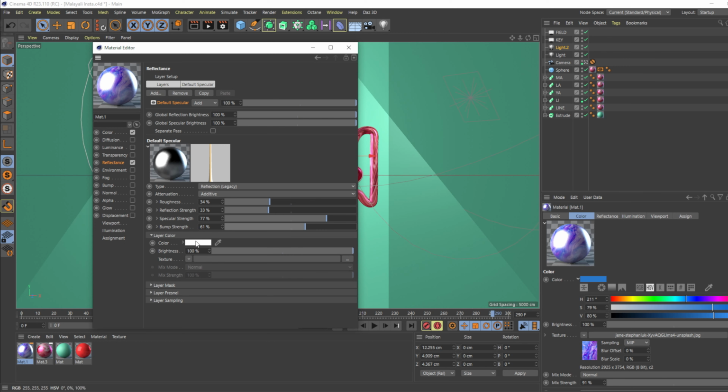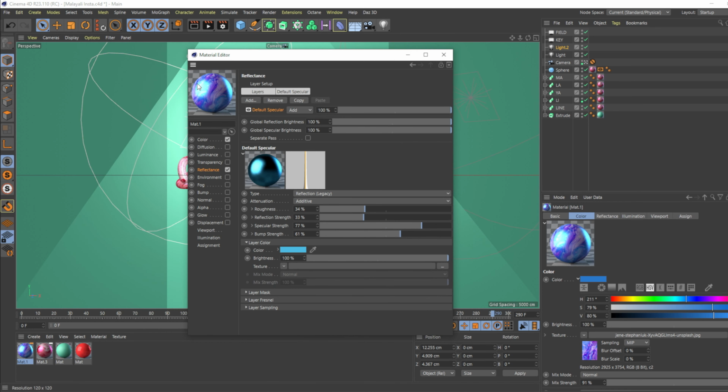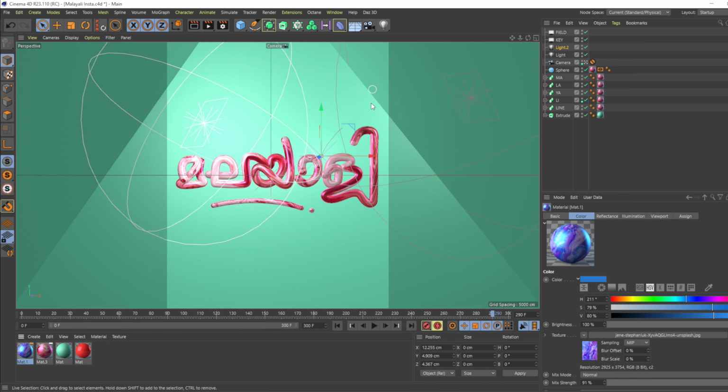And in the layer color, let me change that to something close to blue. Okay, you can see that we have that blue shininess, and let me decrease the brightness. Okay, so this is basically the texturing part.